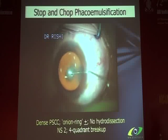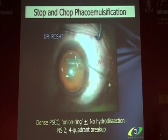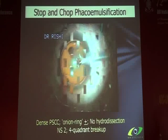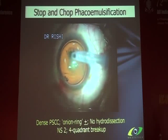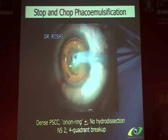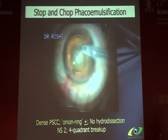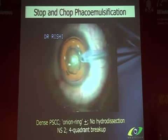So here's a patient who has a posterior subcapsular cataract. Now, as you can see, I'm not doing any hydrodissection here. I'm worried about the posterior capsule. It's a grade 2 nucleus. And what I always do is try and create a little bit of a crater in the middle, because I like to delineate my rexis as well as create this crater to take the epinucleus and the cortex